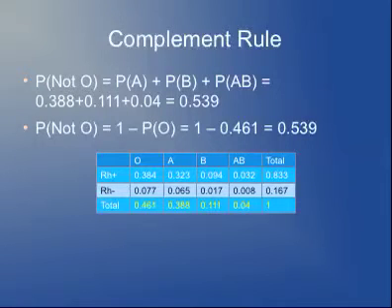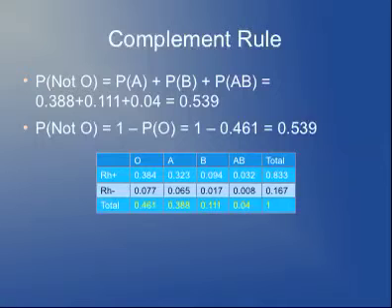Now, the complement rule, which I guess I never spelled out explicitly, just says that given an event A, the probability of not A, i.e. the probability that A does not happen, is just equal to 1 minus the probability that A does happen. I guess that follows from the rule on disjoint events, but anyway, to illustrate that, if we wanted to calculate